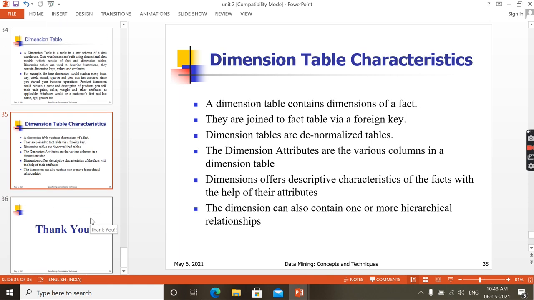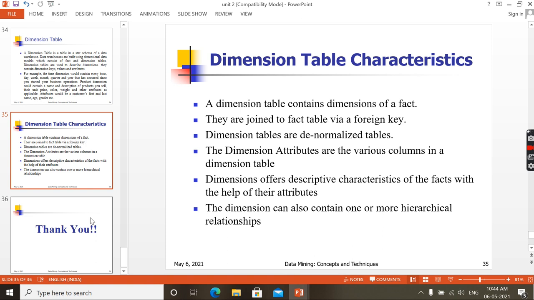So we will see dimension table characteristics. Dimension table contains dimensions of fact. So fact table contains foreign keys and measures. So fact is nothing but the measures. Measures are nothing but the facts. So how can those measures be predicted? Measures can be predicted by summing up all values in the dimension table. Fully additive is a good example. So it makes sense. Fully additive will be used more. Why? Because it is using all the dimensions.